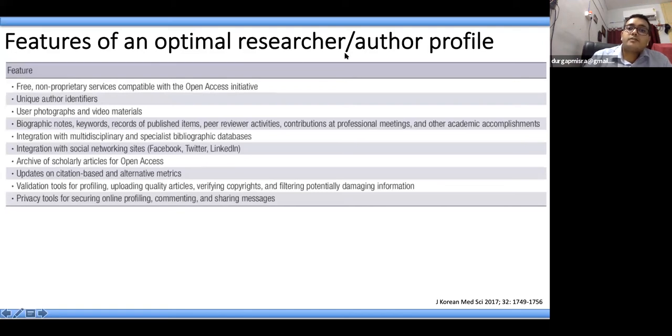So what are the features of an optimal researcher author profile? It should be freely available and should be able to be made without any charges, should have unique author identifiers, preferably have user photographs and facility to include video materials, should have bibliographic notes, keywords so that people can identify what areas you're working on, records of published items, peer reviewer activities, contributions at professional meetings, integration with multidisciplinary and specialist bibliographic databases, provide facilities for integrating with social network sites, archive scholarly articles for open access, provide updates